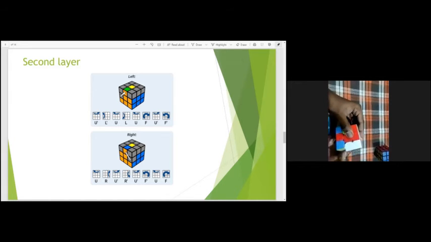Then we have to bring it back to its original position, then lift it up. Now we have collapsed the white layer. To solve this, we have to bring this one to the right and this one down, then back to its position, again back to its position. Then we have fixed this one.